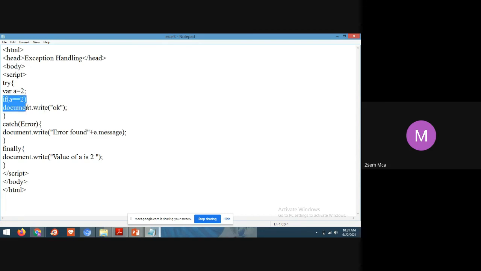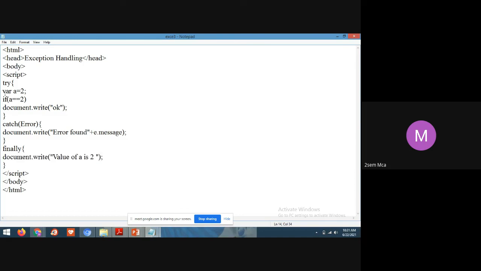If any error occurs here, the catch block will fetch the error. And this finally block is used to display the default statements.